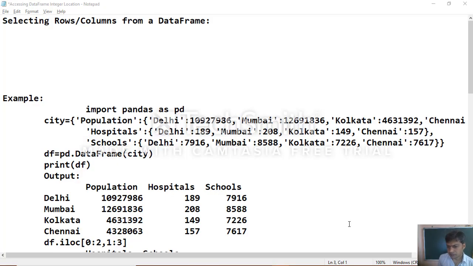Dear students, today we will see another concept of the data frame object, the way we can access the information of a data frame object in the Python pandas module.